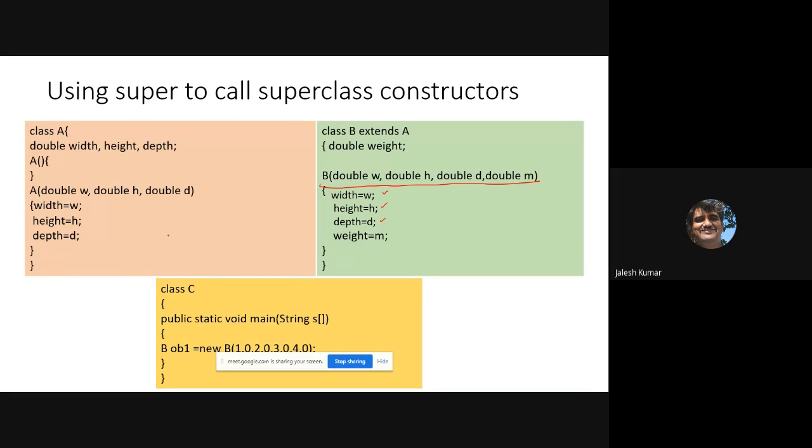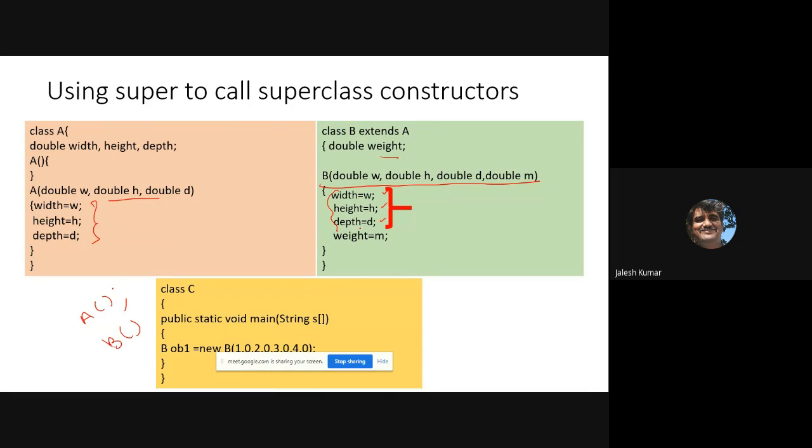When you create the constructor of type A, this will be initialized. When you declare the constructor of type B, along with this, the one more variable defined inside B also will be initialized. But this is repeated, is it not? These things which are already done in the superclass, you are doing once again as you inherited.